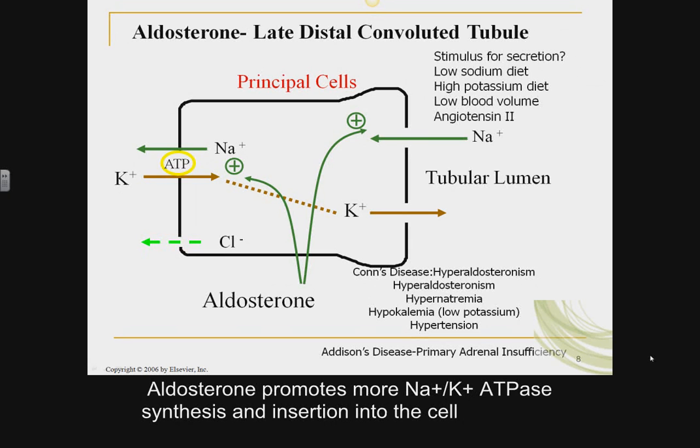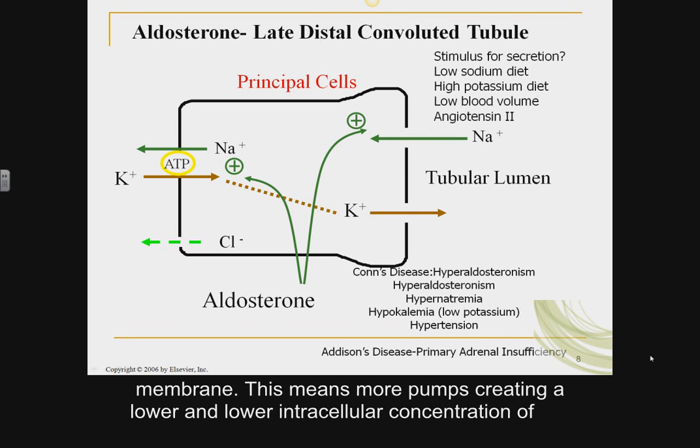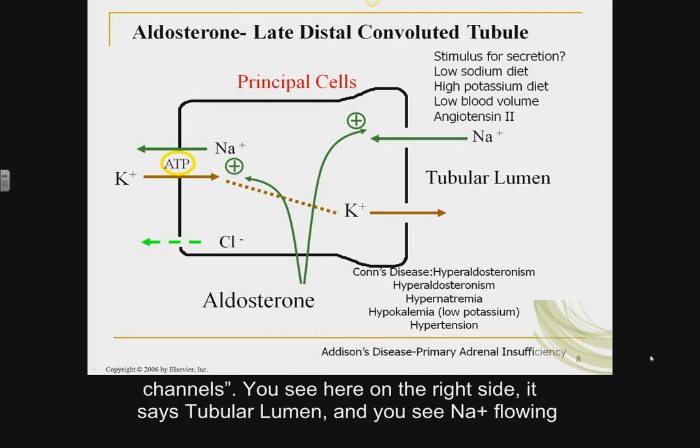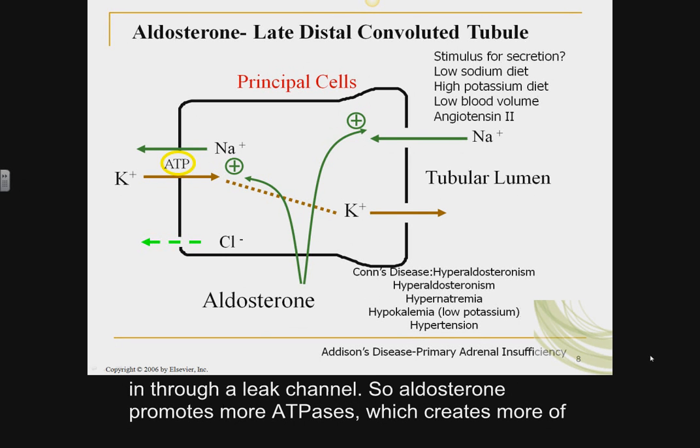Turns out aldosterone promotes more sodium-potassium ATPase synthesis, gene expression, and insertion into the cell membrane. This means more pumps, creating a lower intracellular concentration of sodium. Aldosterone also promotes, on the apical side, the insertion of sodium leak channels. You see here on the right side it says tubular lumen, and you see sodium flowing in to the cell